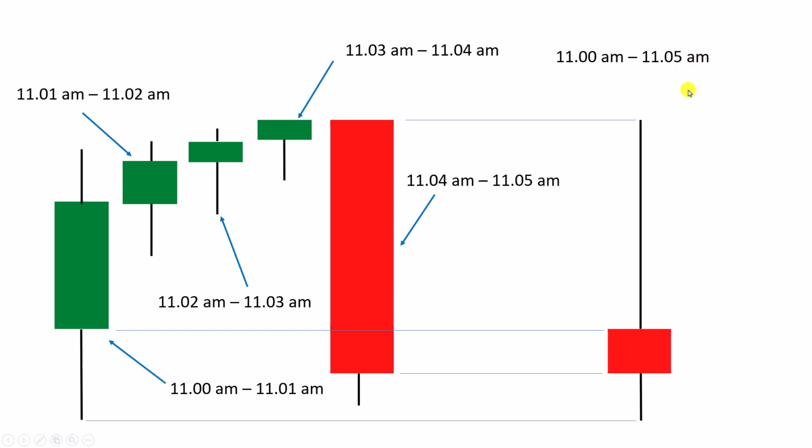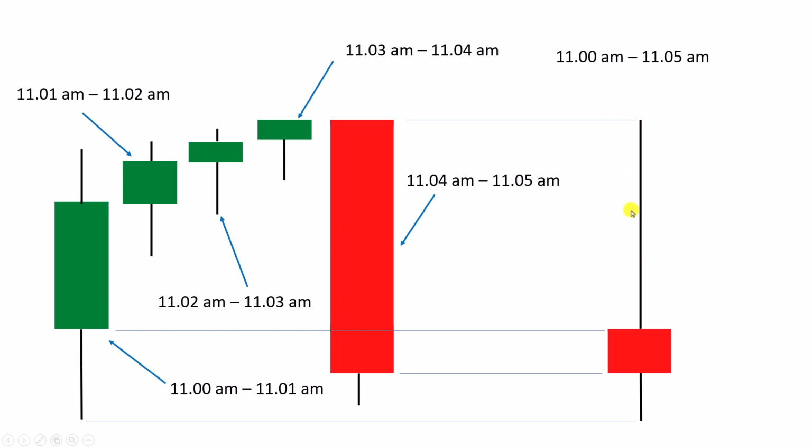Okay. Now, how did I get the levels? Opening price is always from the starting candle, this one. Closing price is always of the last candle, this one. Okay. And since the closing price is below opening price, we have red candle. The highest and lowest point reached by the candles, or by the price, I can say, are this and this. So this becomes the high and this becomes the low. Okay. So 5 1 minute candlesticks are combined to get one 5 minute candlestick.